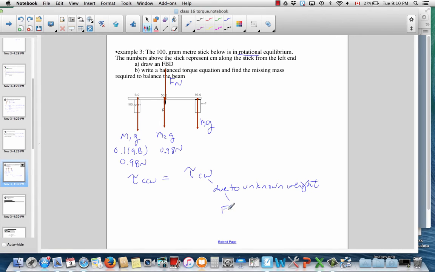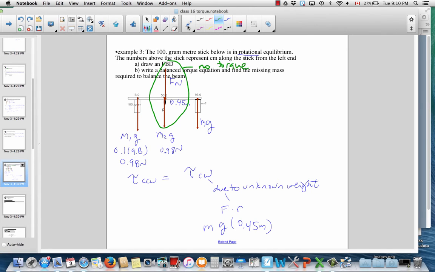Now, we know a torque is a force times a distance. The force is clearly the weight of the unknown mass. The distance will be how far does it act from the pivot. Well, these are centimeter markings, so this is 45 centimeters, or 0.45 meters. Okay, so that's the clockwise torque. These two act at the pivot and produce no torque. So there's no torque coming from these two,